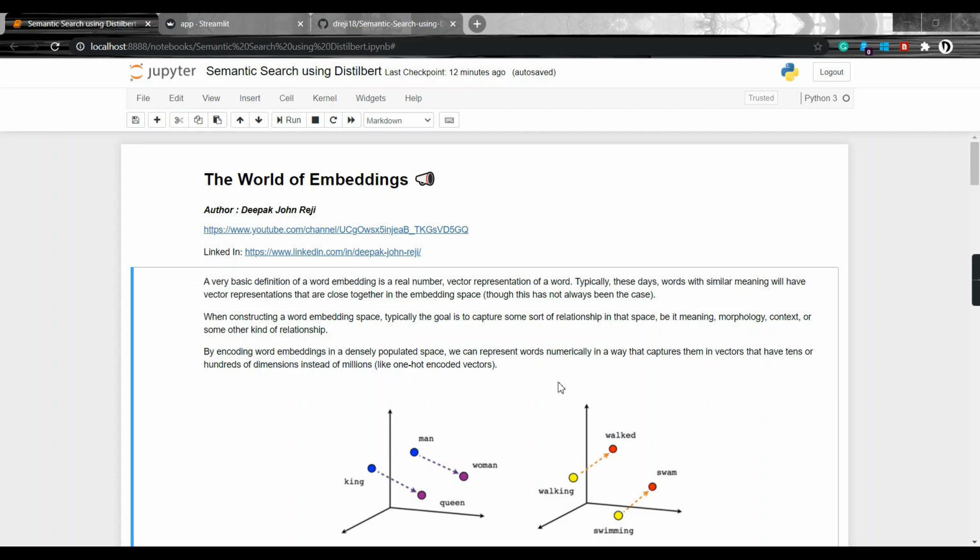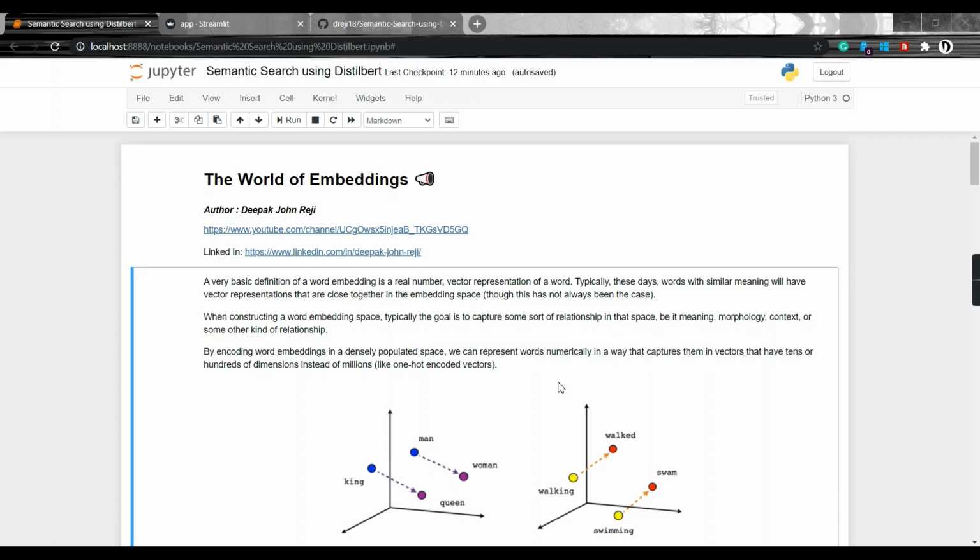Before the advent of embeddings, we used to do one hot encoding. One hot encoding is simply indicating whether a word is present or not using ones or zeros. So for a sentence, we represent it like 1001, some representation like that. But it doesn't indicate any relation between a sentence and another sentence, or a word and another word. Whether it's present or not, that's all it conveys. That doesn't solve a lot of use cases currently.